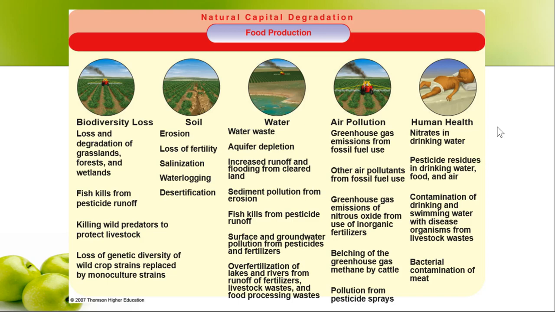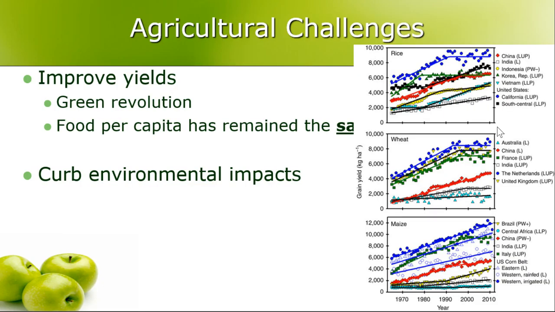All right, so when we look at food production, we see biodiversity loss, soil quality decrease, water usage and water pollution, air pollution, and then human health issues. So take a look at this list. I'm not going to read it to you. We'll talk about a couple of them over the course of several conversations. But this is a lot of stuff that goes with food production. And the bad thing is we can't just stop producing food. We need food.